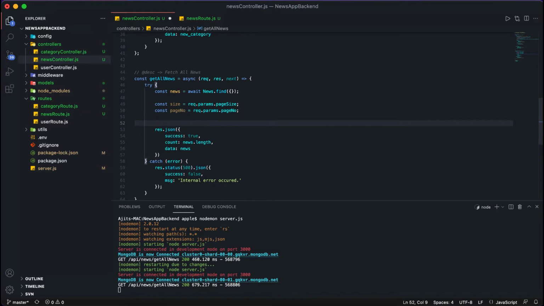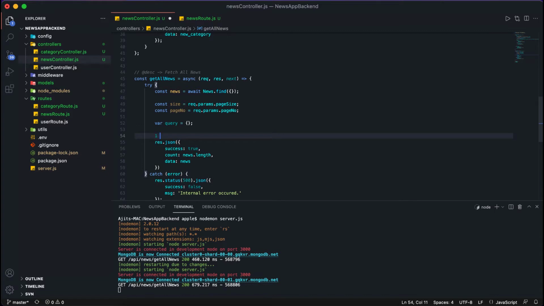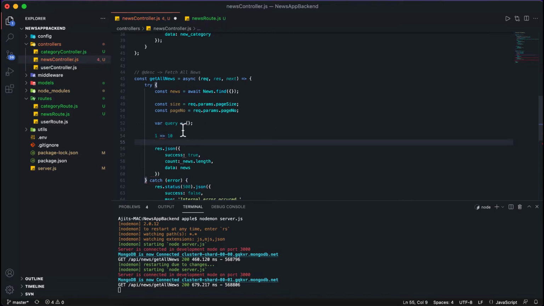Then what we'll do, I will take one object here. In that object I will store, means we need to skip. Let's suppose the page is 1 and the page size is 10. So the first time it will show 10 data.